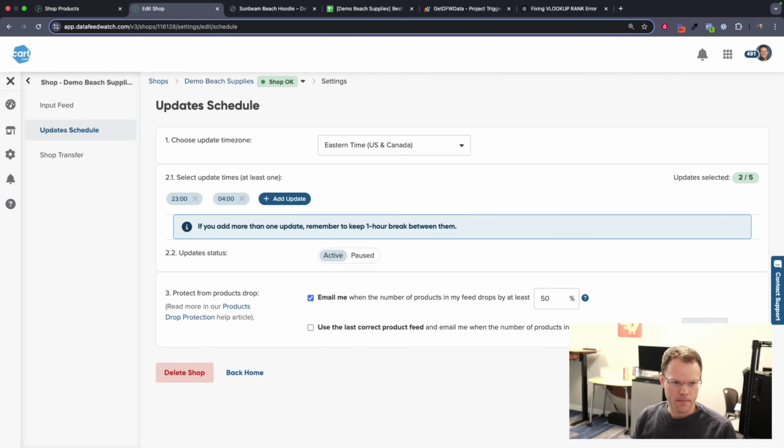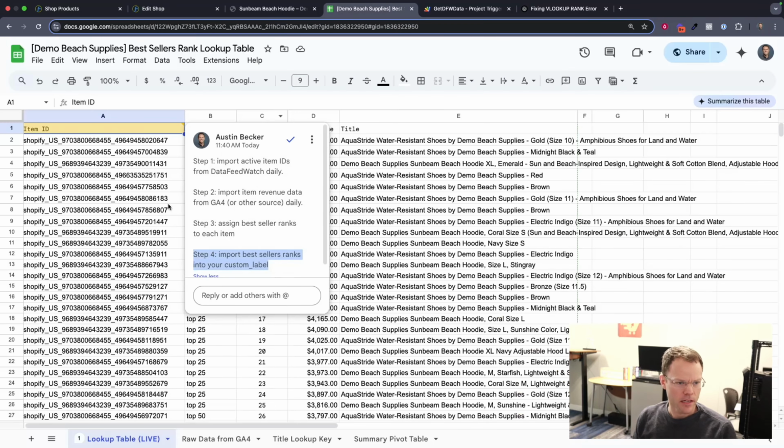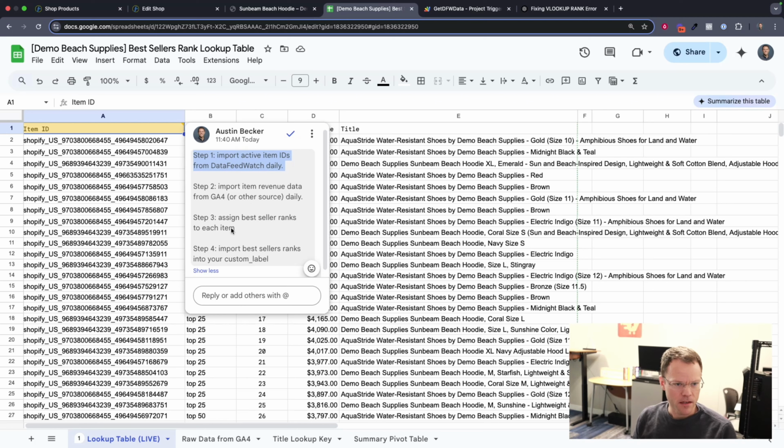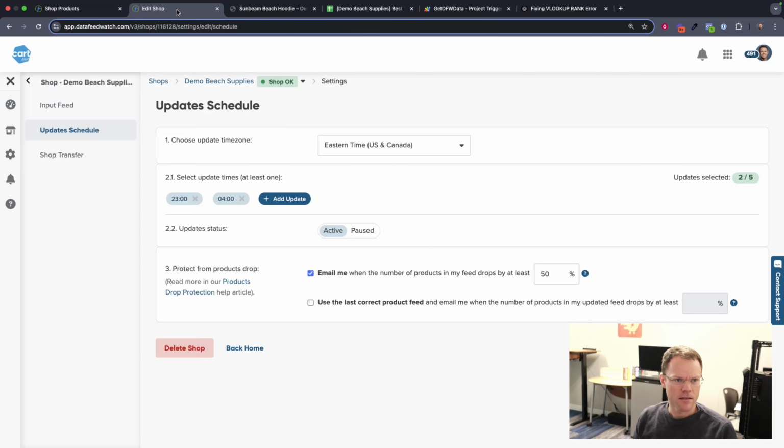And I'm going to save that. So now Data Feed Watch will run at 11 p.m. to download all of the latest data for step 1 here, all of the latest item IDs, so that if I remove or add new item IDs, we get that downloaded around 11 p.m. These two things happen after 11 p.m. And then for the very last step, these custom labels will be updated once more when Data Feed Watch runs